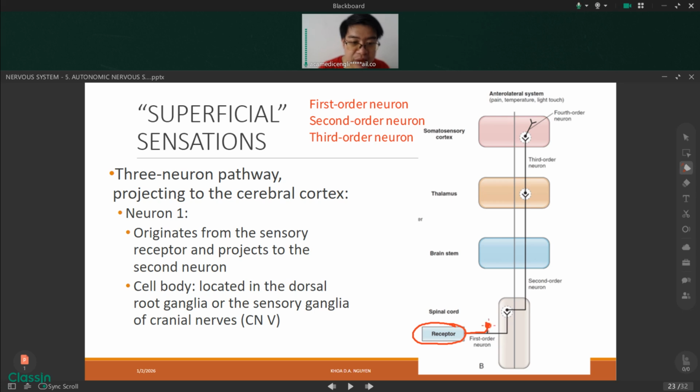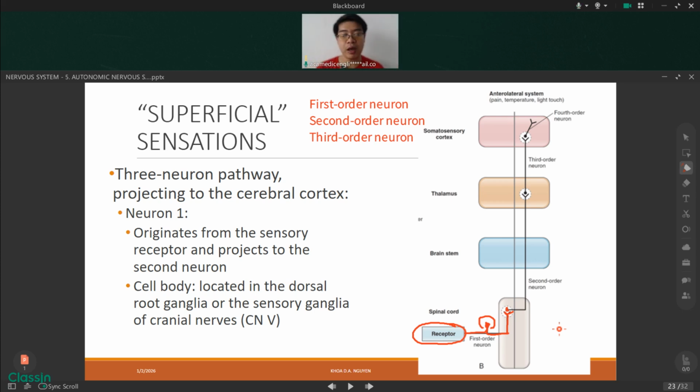It's going to have a cell body right here, and this is the dorsal root ganglion. And so it goes back. It will have a central process that goes within the spinal cord, and within the spinal cord, something peculiar happens. Within the spinal cord, this 1st order neuron is going to synapse with the 2nd order neuron right away. In superficial sensation, this 1st order neuron is going to synapse with the 2nd order neuron very shortly after it goes